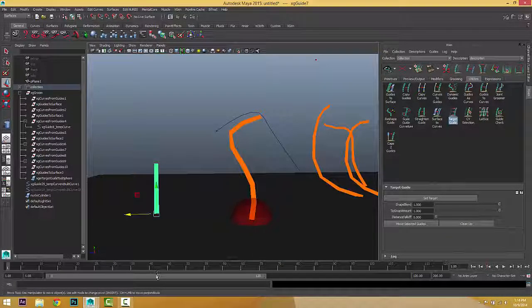You can select another guide and choose, we have a few options here. If you just click on move selected guide, this guide will be moved towards that target guide. Okay, very useful for creating compass and things like that. And we have got a few options here. For example, we've got